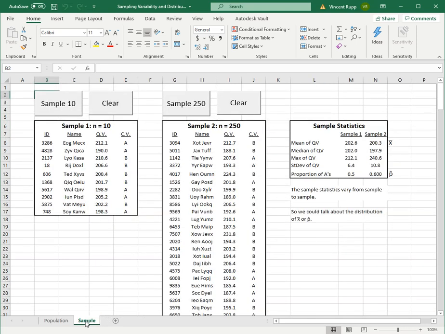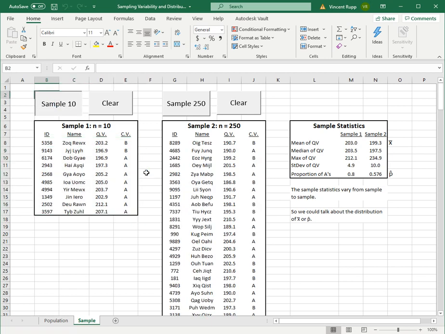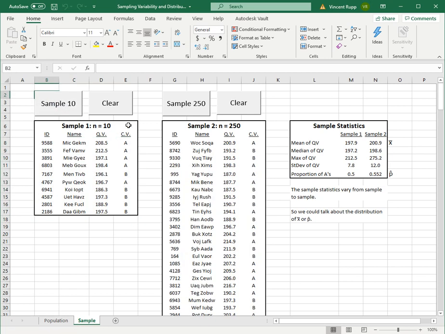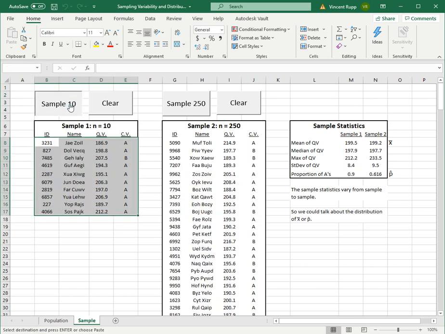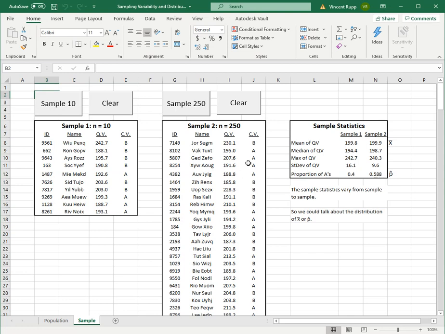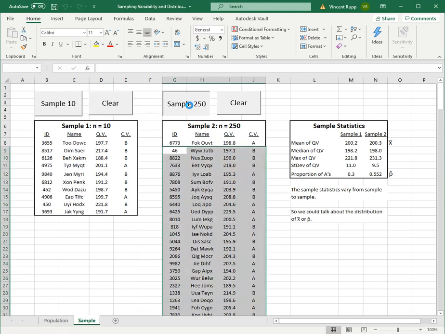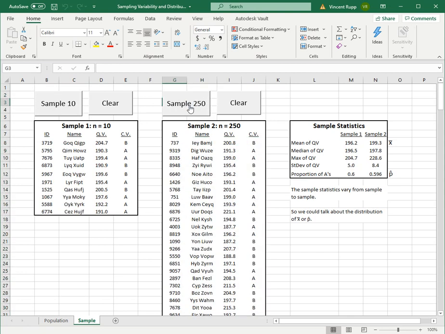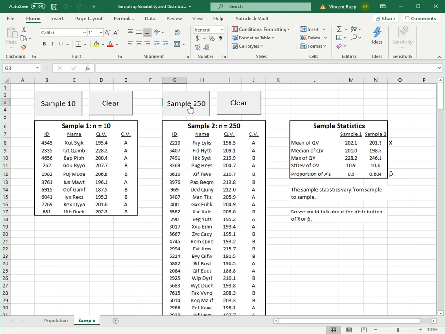So what we can do is we can now sample from that population. We can take a random sample of 10 people. My computer is very slow today for no good reason. But every time we do this, we get a different random sample. And we can calculate some sample statistics for both our size 10 and our size 250 people. And for some reason, they both change. Well, never mind. So if we calculate a sample mean, that is known as x bar,